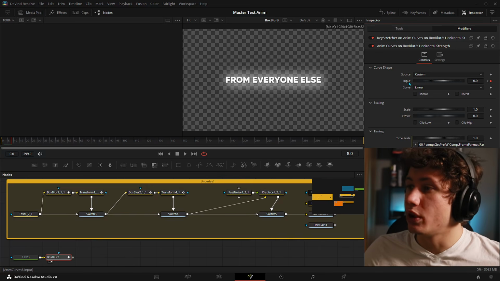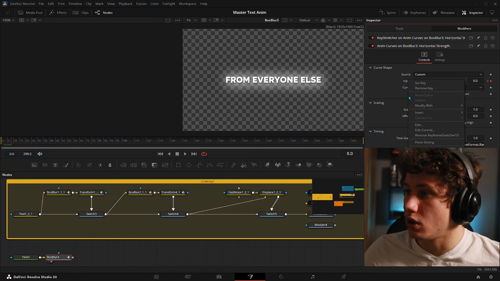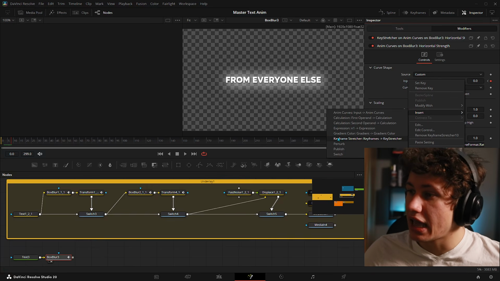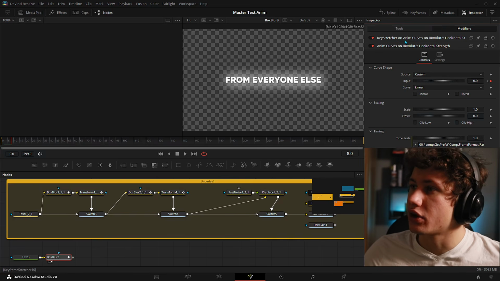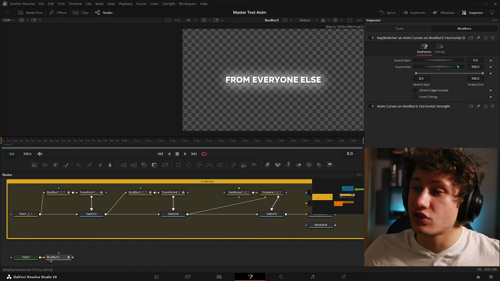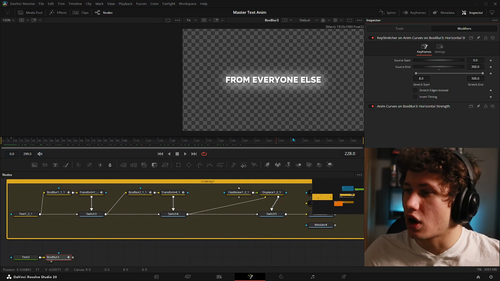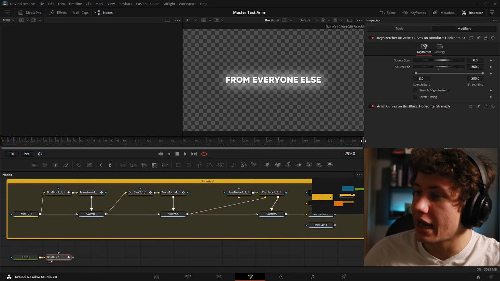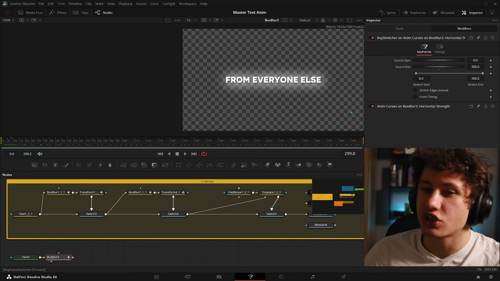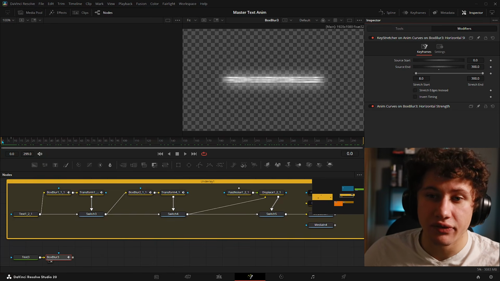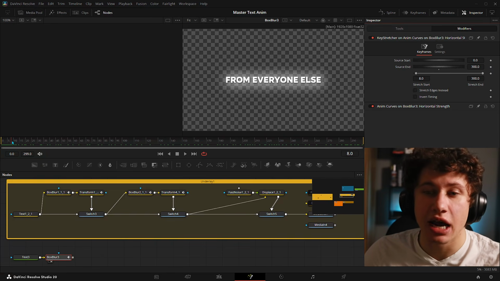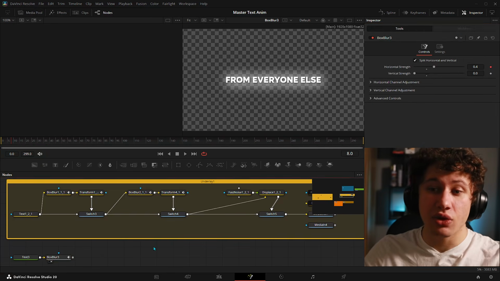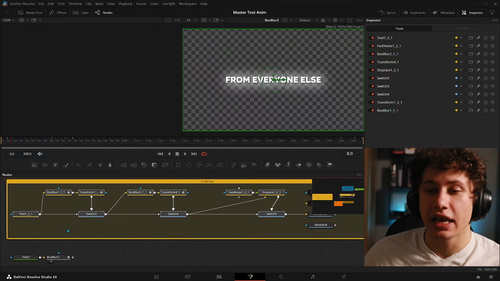Last but not least, we right-clicked on our input control, went to insert and added a keyframe stretcher. Then, in our keyframe stretcher menu, we changed our source values to match the length of our composition. Then we also changed our stretch values, bringing our end all the way up to the end of our composition and bringing our start all the way down to frame 8, giving our in animation the exact amount of space it needs to work. And now that we've done all this, we're ready to move on and animate the rest